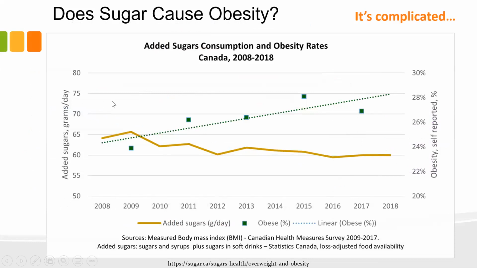So as I mentioned, does sugar cause obesity? I talked about this before with diabetes: there are lots of population studies showing that added sugars do not necessarily lead to higher degrees of body fatness. It's complicated because people who are eating excess calories are also likely to have bad habits all around. They're eating lots of fat, lots of sugar, lots of everything, and it's the excess calories that cause obesity, not just the sugar.